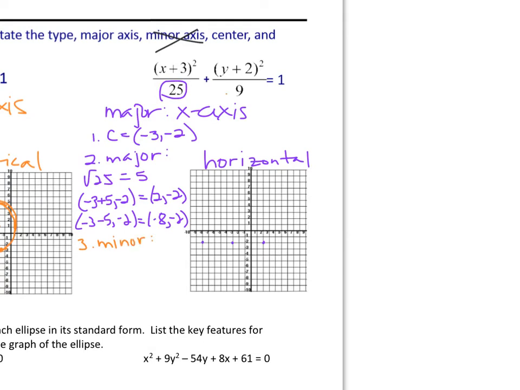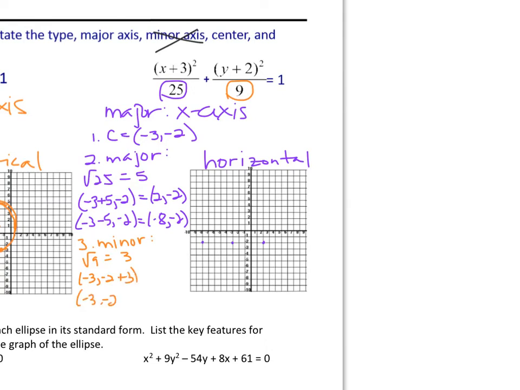The number underneath y is 9. If we take the square root of 9, so far these are working out really nice for us. We'll go up 3 and down 3 from our center. If our center is at -3, -2, we'll count up 3